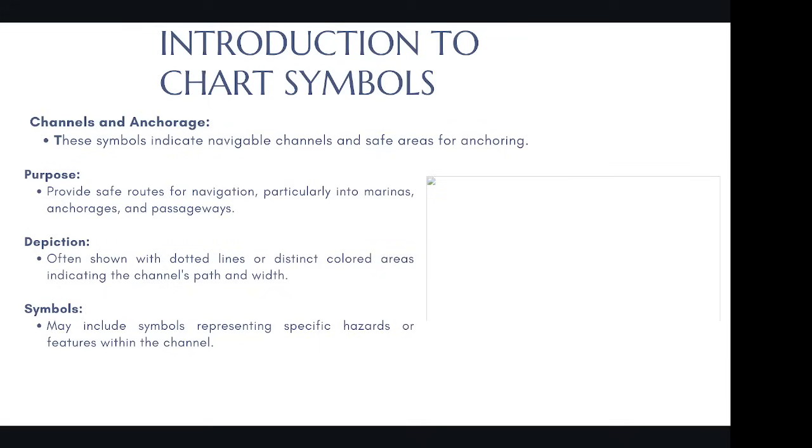The purpose of this is to provide safe routes for navigation, particularly into marinas, anchorage, and passageways. Depictions: it is often shown with dotted lines or distinct colored areas indicating